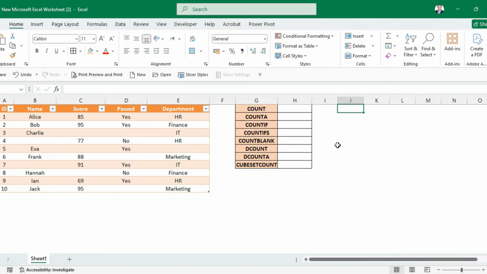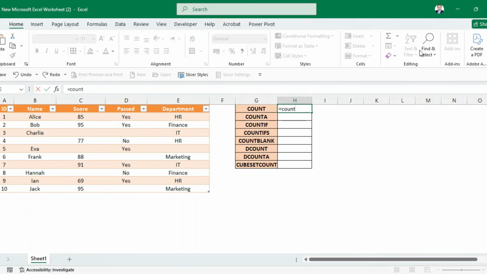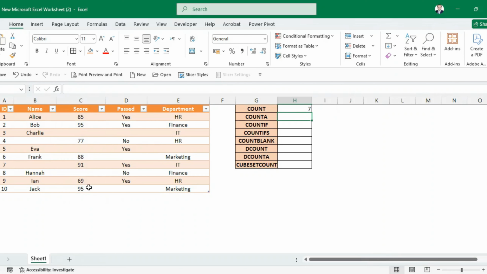Let's start with COUNT. COUNT counts any numerical values in the table. It doesn't count any words or names in the table. Let's take score. We have 7 scores. Let's check: 7. Let's add some words here,